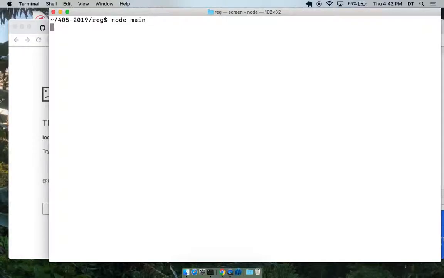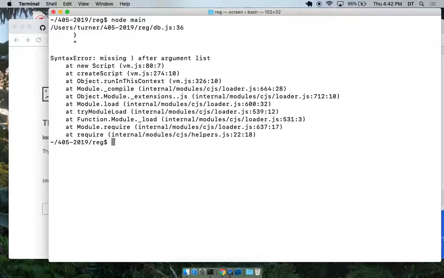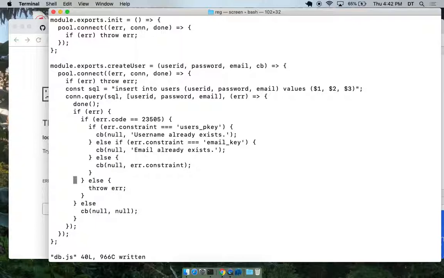Node main db36. It's saying there's something wrong with that. That's because there is. And yeah, I gotta call that query, right? So I better check this now. So that's inside of there. That's good, right? It looks good. And this one is there, and what the heck? Something's wrong. You don't need that extra parentheses at the very bottom. Yeah, I screwed it up.